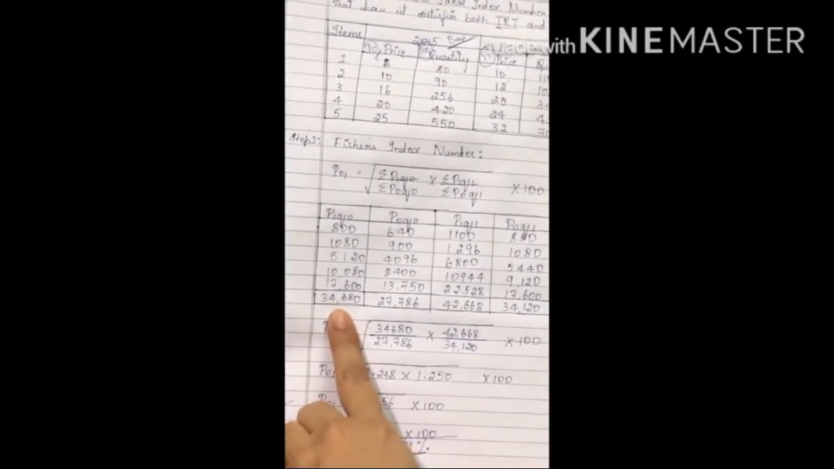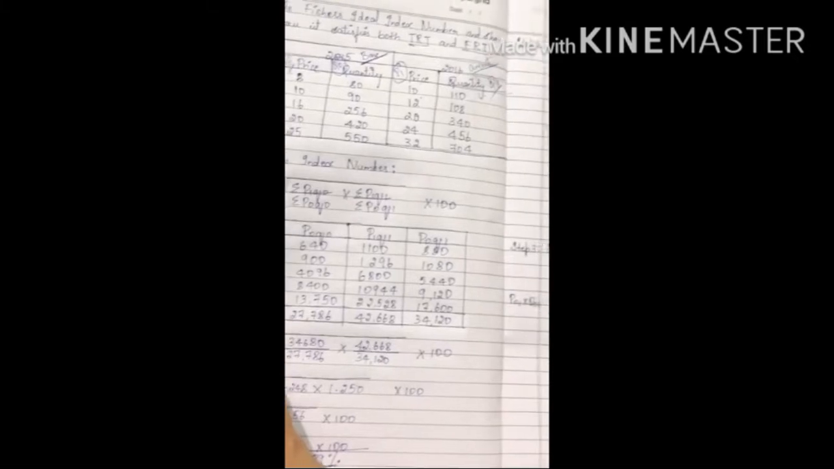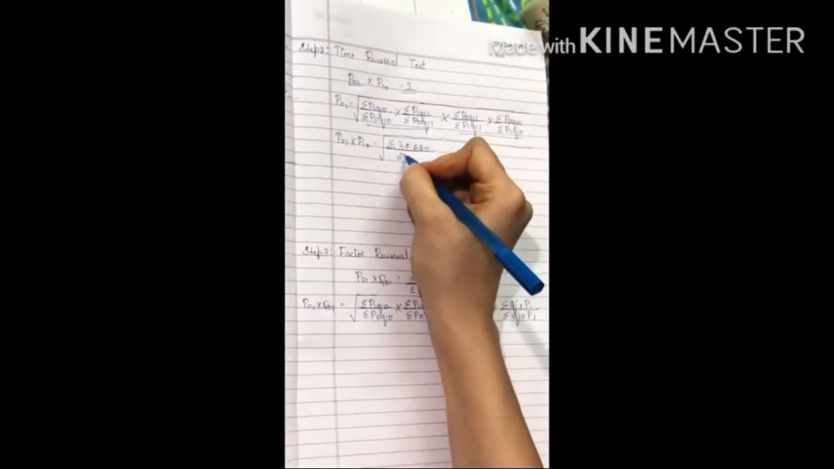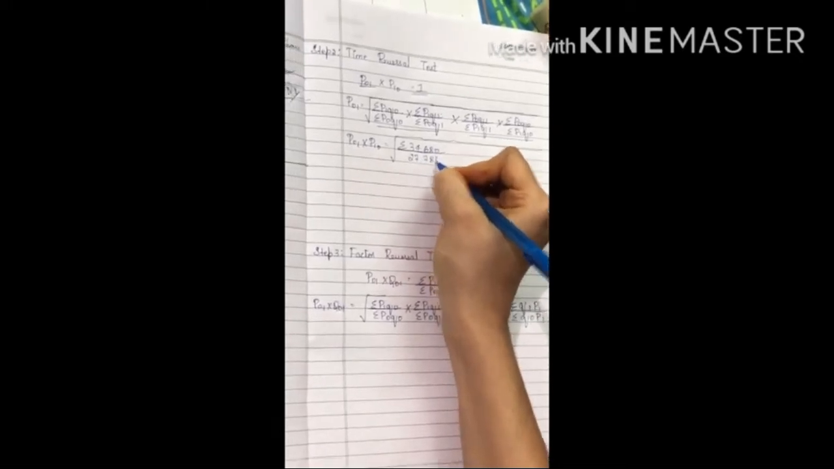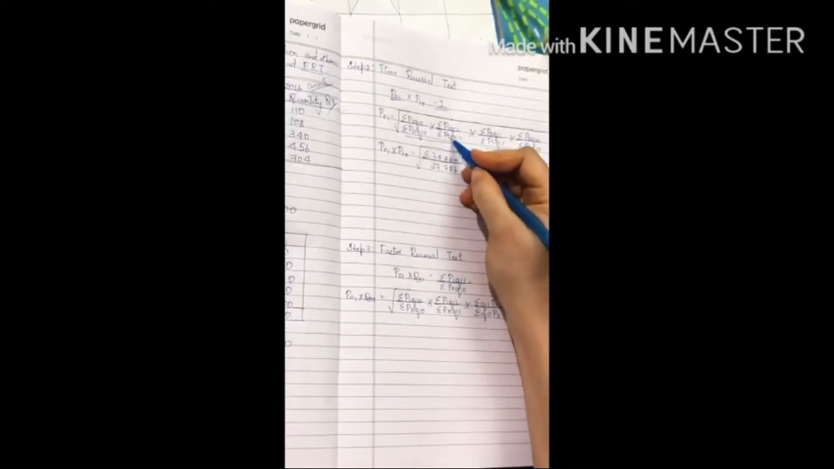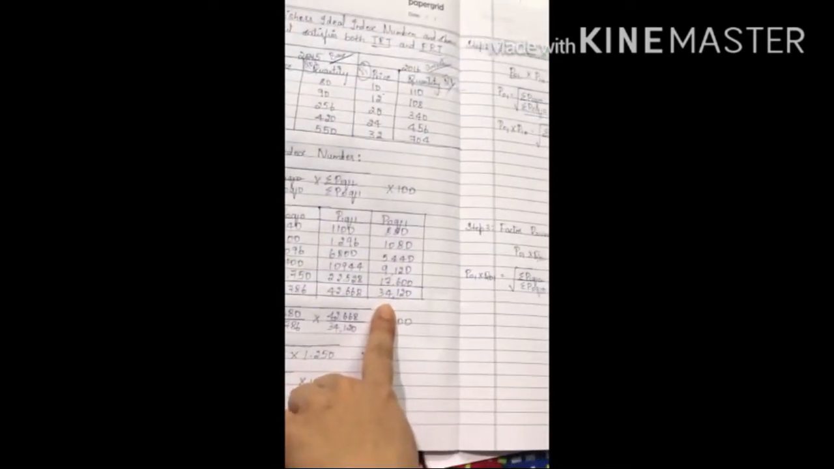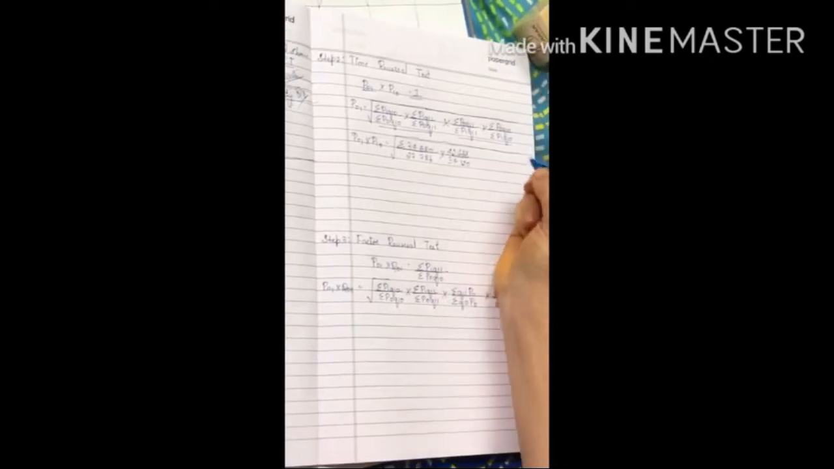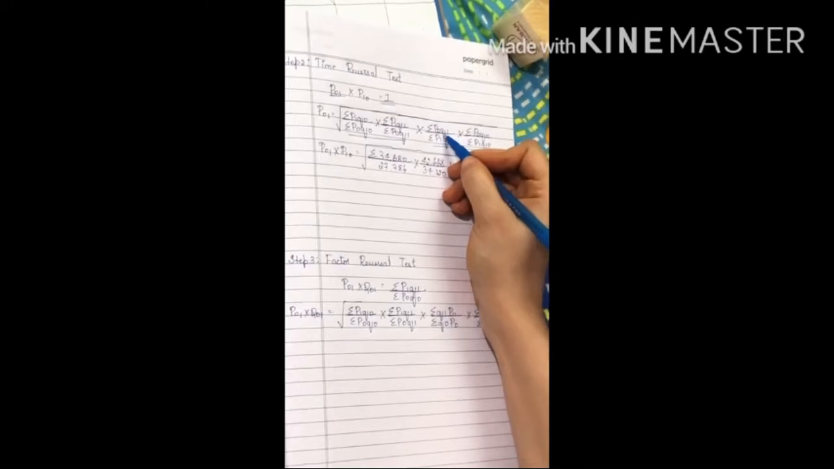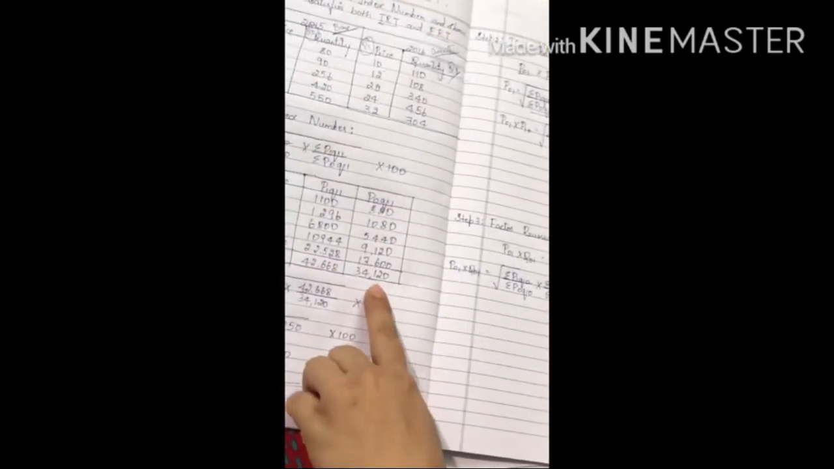Sigma P1 Q0 total is 34,680 divided by P0 Q0 total 27,786, into P1 Q1 total 42,668 divided by P0 Q1 total 34,120, into, again I need to continue with this. So P0 Q1 total is